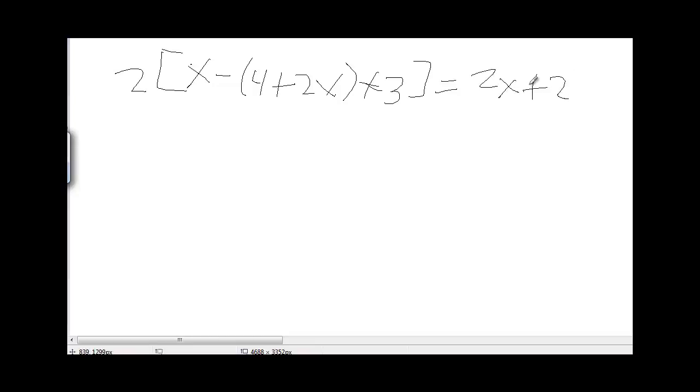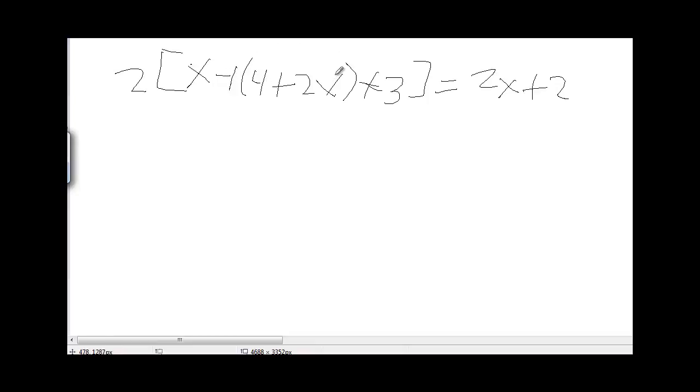Very good. Now, x minus this parenthesis. This parenthesis means we would have the distributive property, or multiplication. So what is the minus sign? You can't just have a minus. Well, in math, if there's a minus and there's no number there, usually it's 1. And in this case, it is 1. So x minus 1, or the best way to say it is negative 1 times 4, and